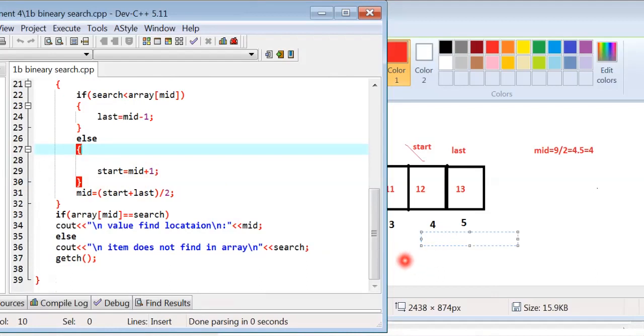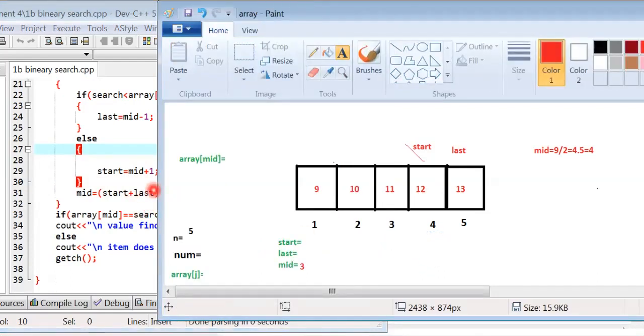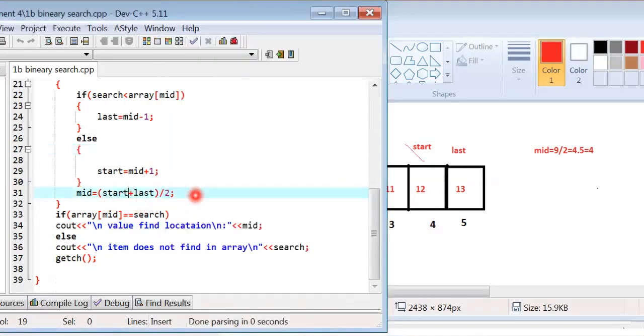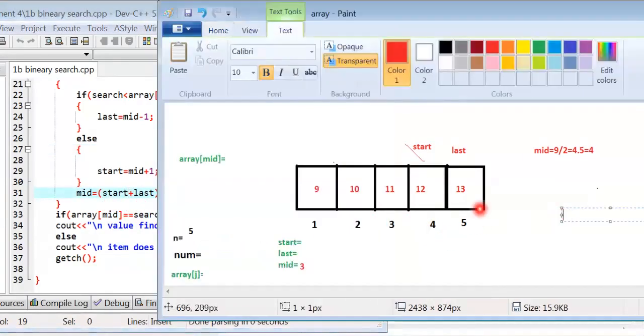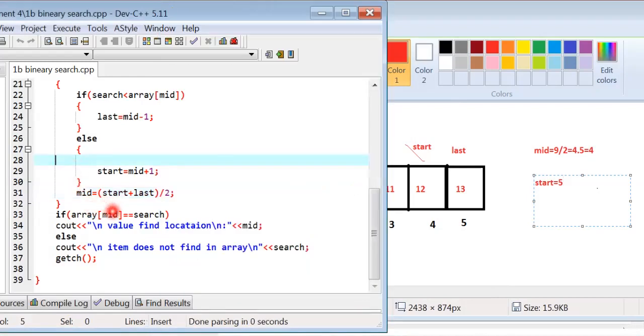The value of start is 4, and 4 plus 1 equals 5. The value of start is 5. Mid means start plus last divided by 2.